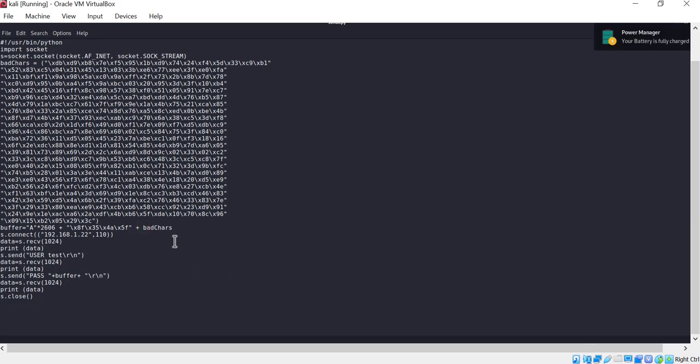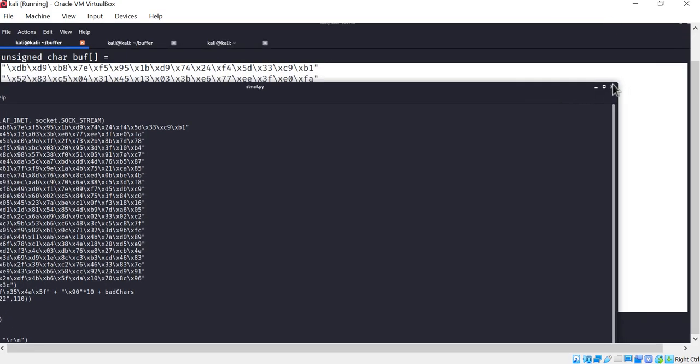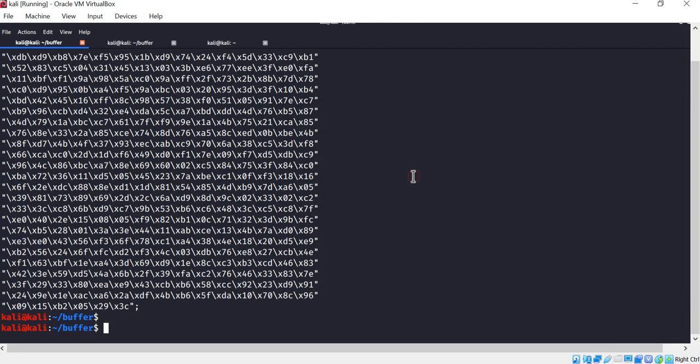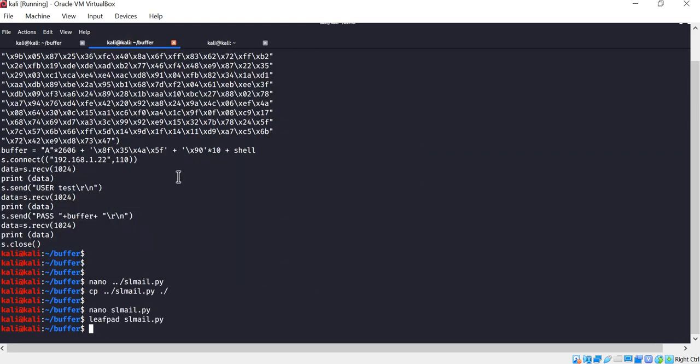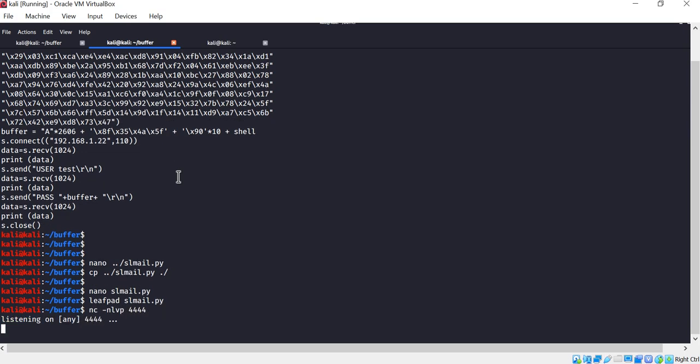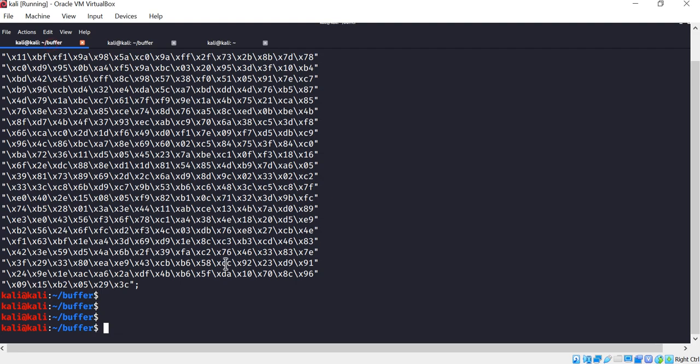Right. For the shell code to execute correctly, we will add some null characters before the shell code starts. I'll add 10 null characters, a random number, and then save this. And now we are good to go for the exploit. So to do that, I'll just open one more prompt and then say nc -nlvp and open the port as a listening port.